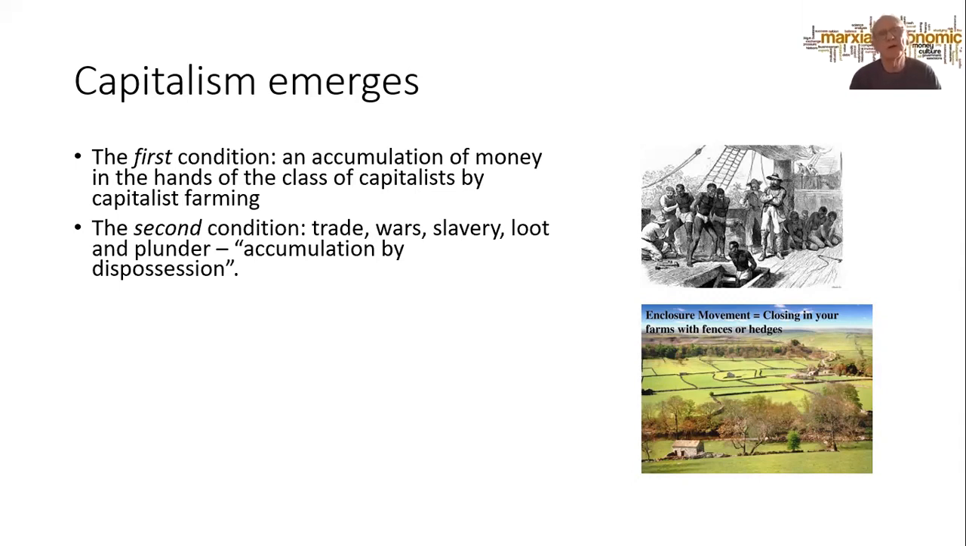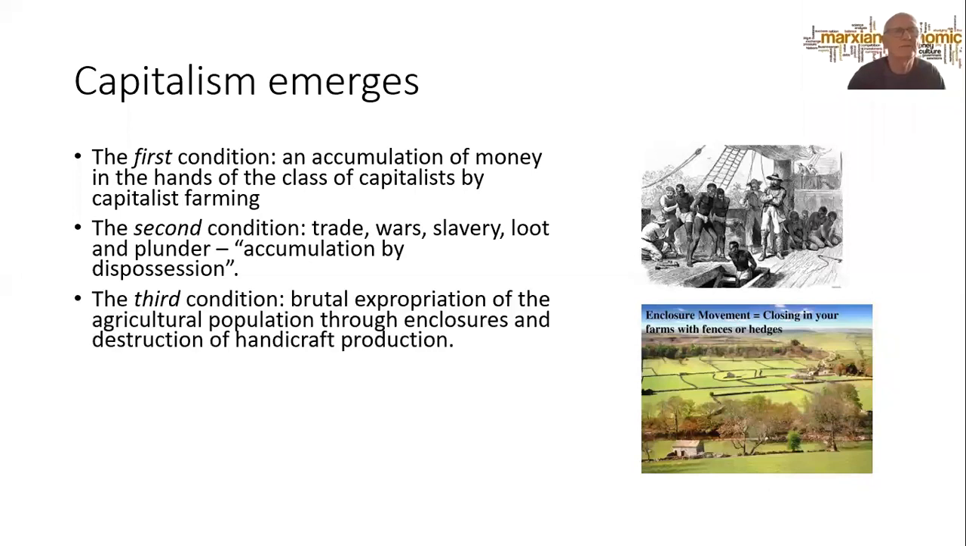This has been called accumulation by dispossession. So dispossessing everybody else who owns something, property or whatever it is, land, resources, taking that by sheer robbery, war, and conquest. But the third condition is just the expropriation of the agricultural population, people who own small plots of land, small peasants, small farmers, back in the medieval times, through a process over some period of time of